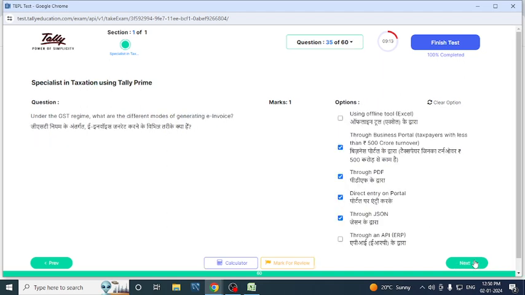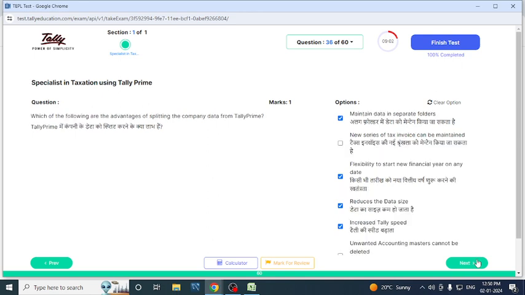Under the GST regime, what are the different modes of generating e-invoice? Through business portal, taxpayer with less than 500 crore turnover, through PDF, direct entry on portal, through JSON. Which of the following are the advantages of splitting the company data from Tally Prime? Maintains data in separate folders, flexibility to start a new financial year date-wise, reduces the data size,